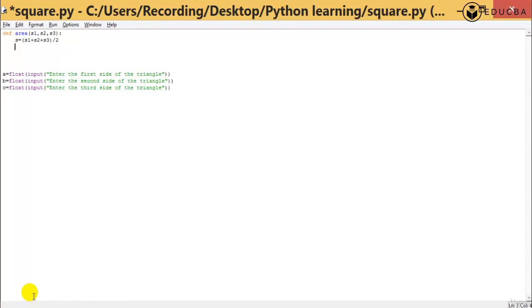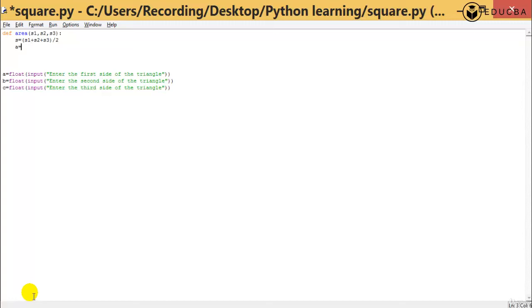From the semi-perimeter, can I calculate the area? Yes, I can. Area is equal to the square root of s into s minus a into s minus b into s minus c. Hope you remember that. The square root of semi-perimeter into semi-perimeter minus first side, semi-perimeter minus second side, semi-perimeter minus third side. That means, can I do